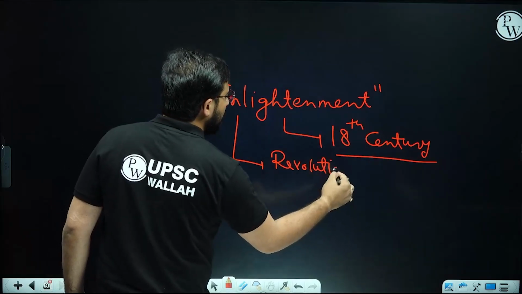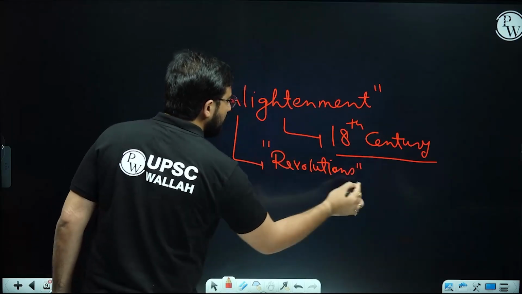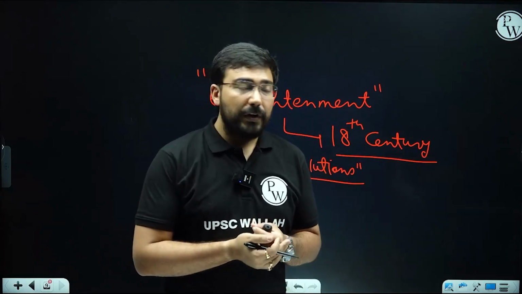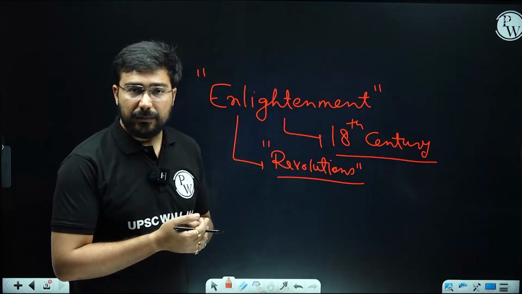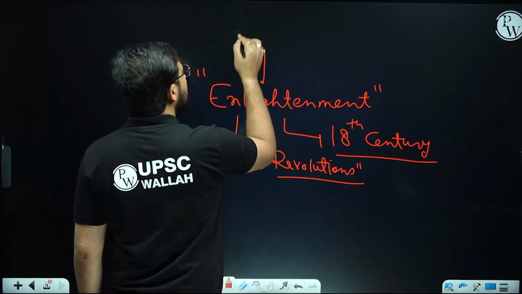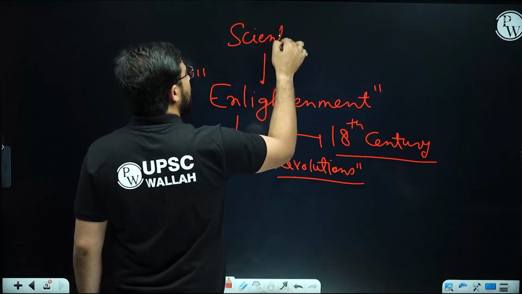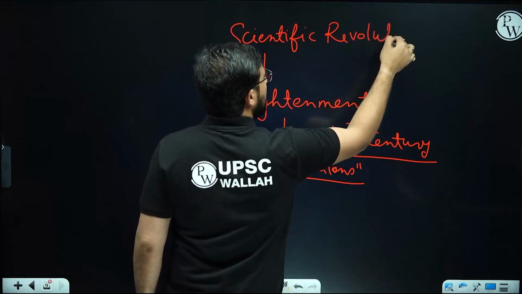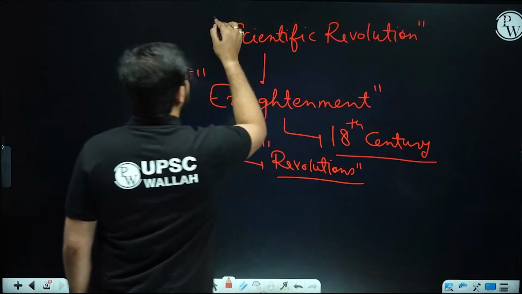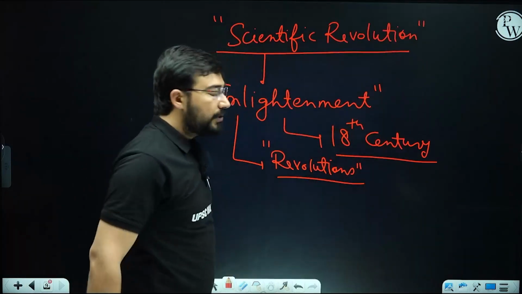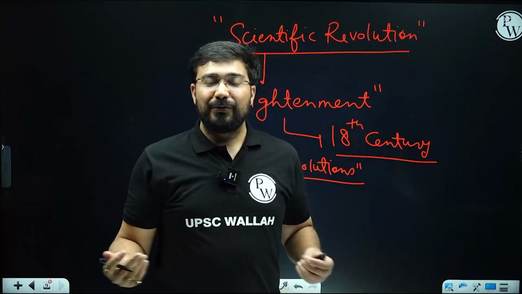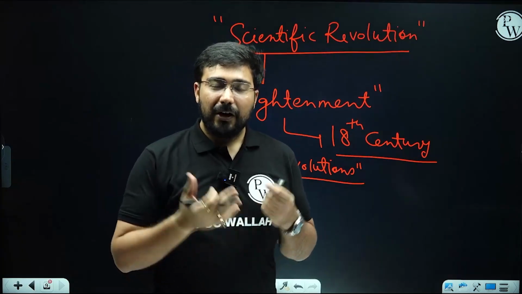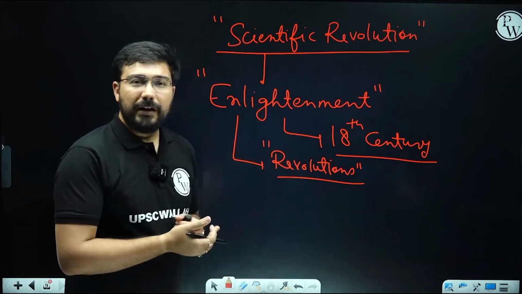All the revolutions, including the American Revolution, French Revolution, and the unification of Germany and Italy, all these revolutions which happened in Europe were based upon the ideas of Enlightenment. And why did Enlightenment come into being? Because Europe was now becoming scientific. So the scientific revolution or rationality was responsible for the rise of the ideas which we cherish today. All of us know about the French Revolution's main ideals: equality, liberty, and fraternity. All such ideas emerged during the age of Enlightenment.